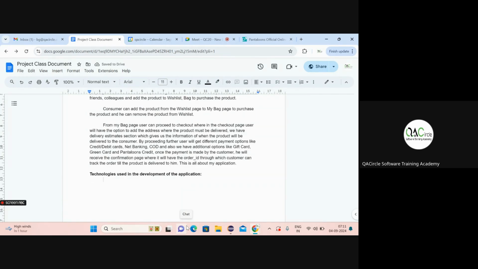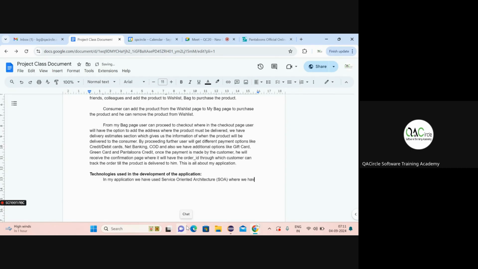I'll say in my application, we have used service oriented architecture, that is SOA, where we have